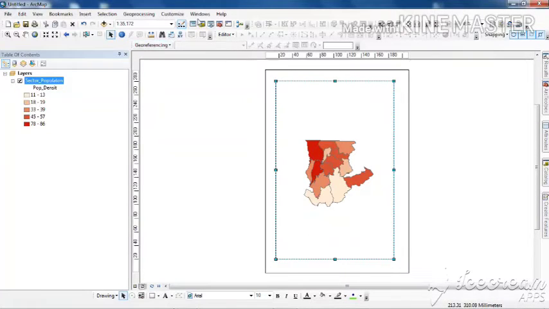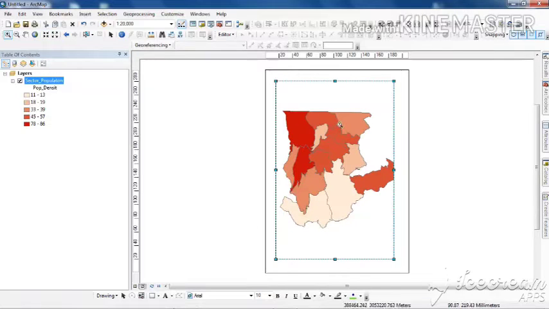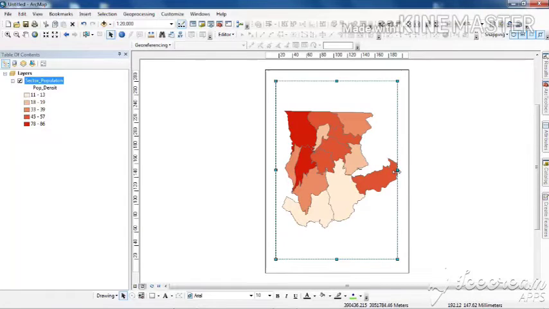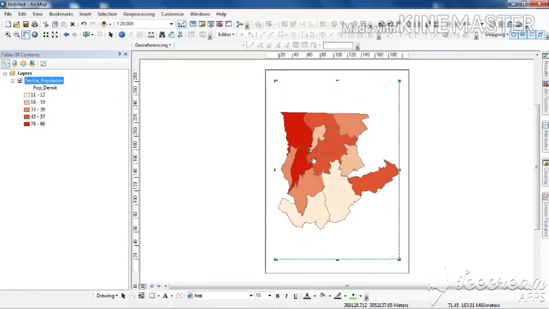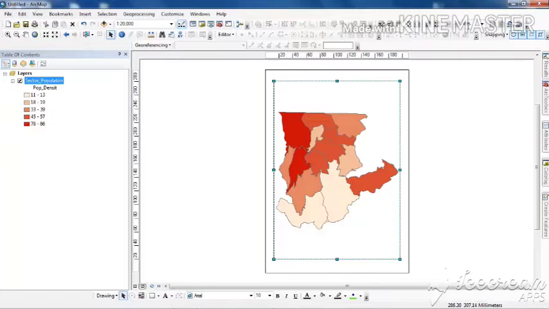Now after that, I will just zoom my data to some extent in a way so that it fits the screen, and no part is left out. You just see I am adjusting the data on the screen, because when we are preparing a map, the first and foremost thing that is essential is to have a sense of aesthetics, or the map should look good.